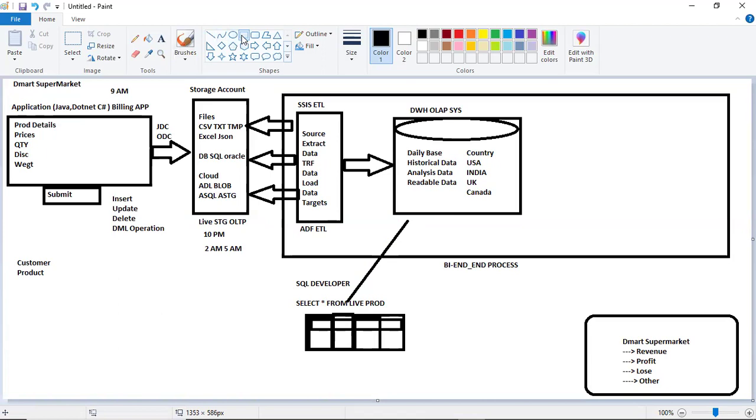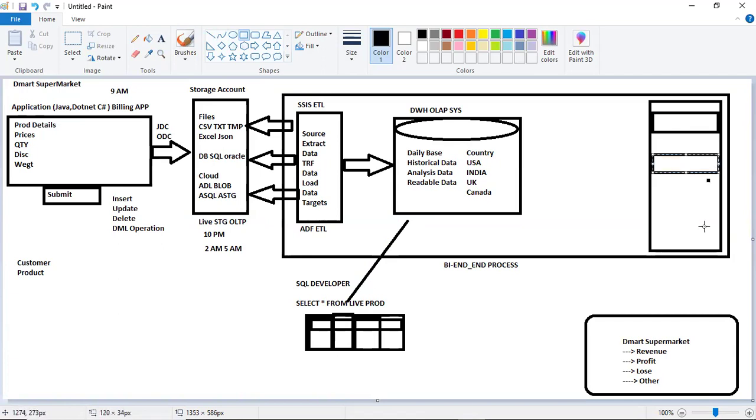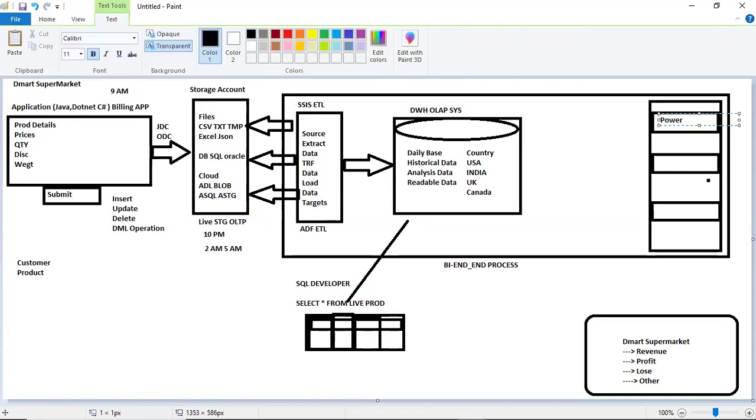So what I'll do is hire a report developer who can design a report for me in a better way, in an automated process. The report developer may use any tool. It may be Power BI, it may be SSRS, or something else. So this may be Power BI.